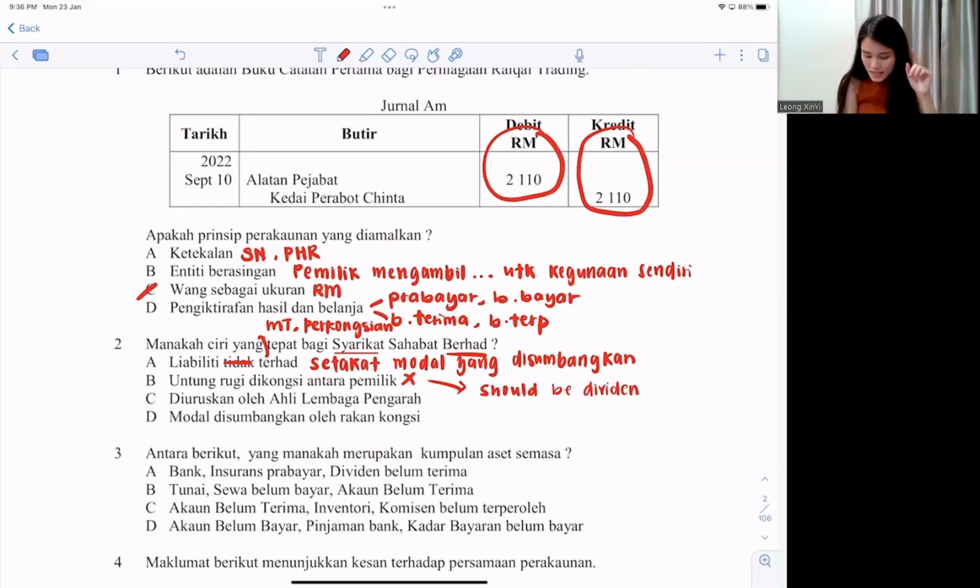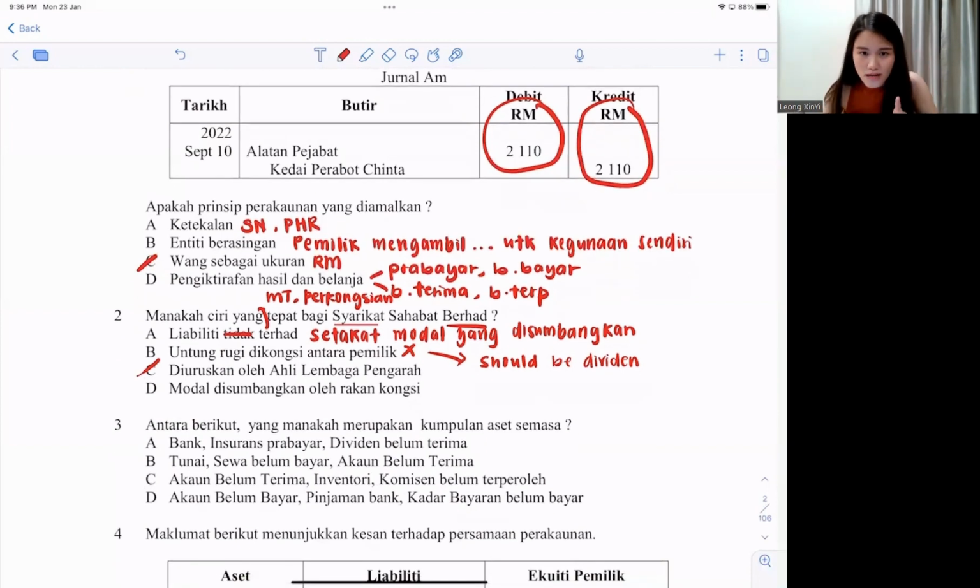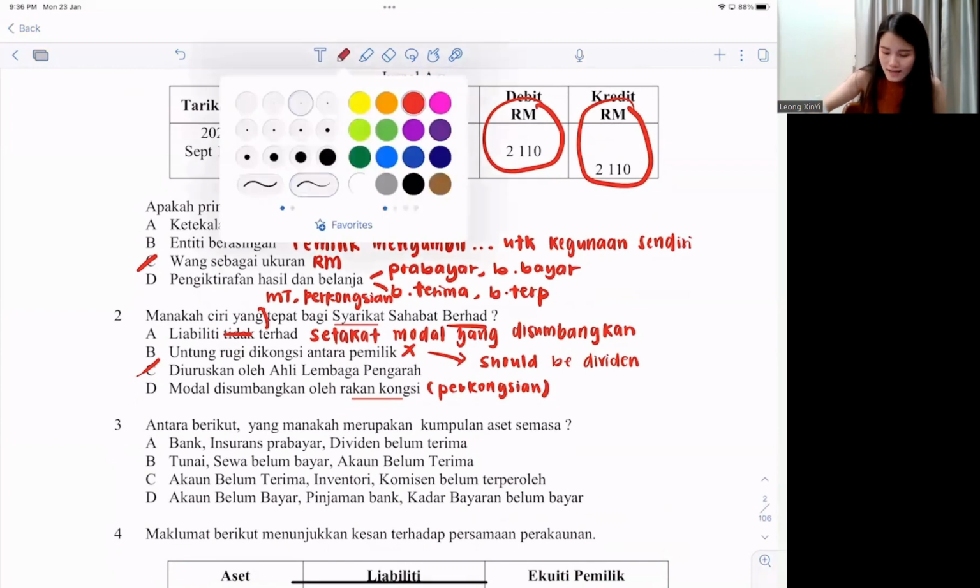Okay, now C, diurus oleh ahli lembaga pengarah. Yes, that's true. Now, modal disumbangkan oleh rakan kongsi is wrong. This one is for perkongsian. I repeat again, why? Because you see rakan kongsi, right? Syarikat does not have rakan kongsi. Syarikat is all pemegang share